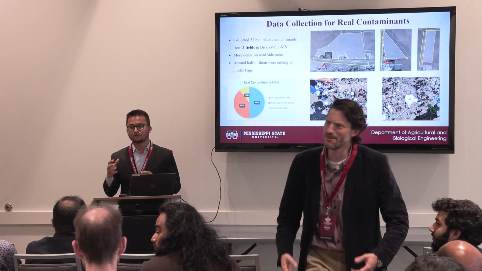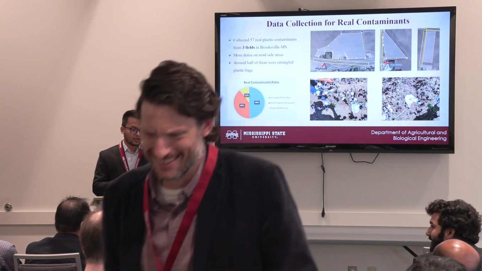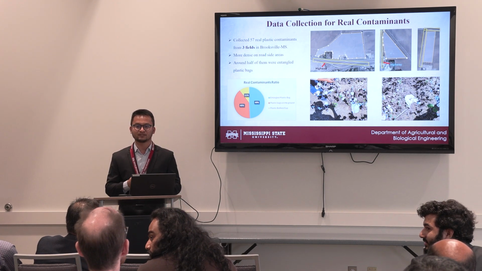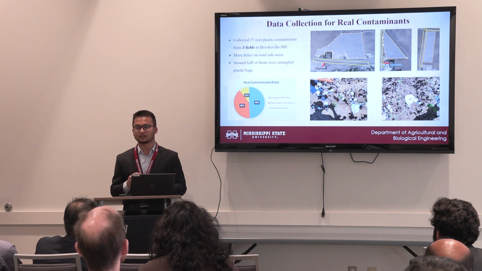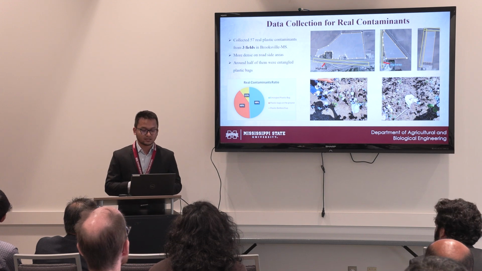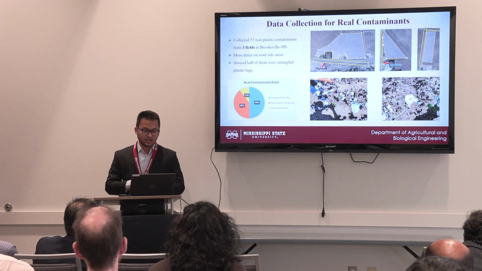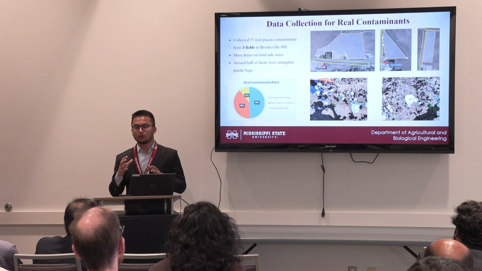So we went to collect real data, and we visited 3 different fields in Brooksville, Mississippi, and we found 57 real plastic contaminants in those fields. We found that the plastic contaminants are denser on the roadsides, and around half of them are